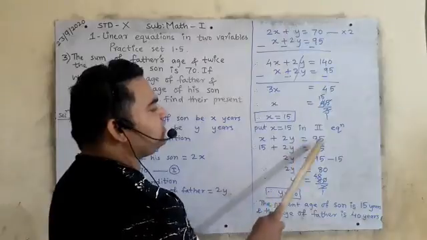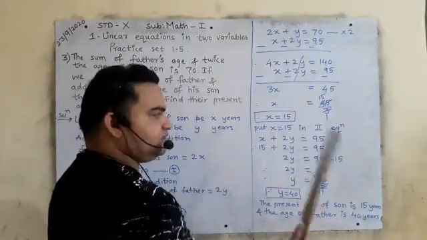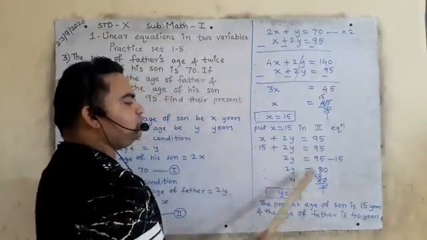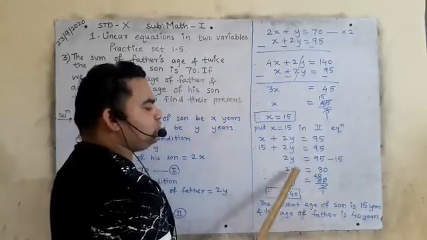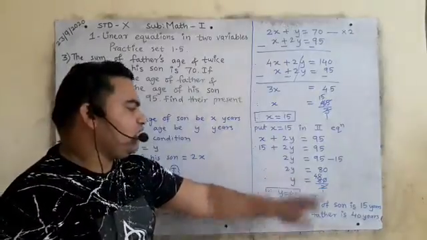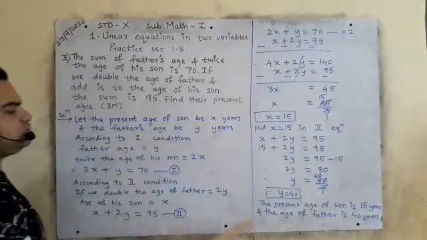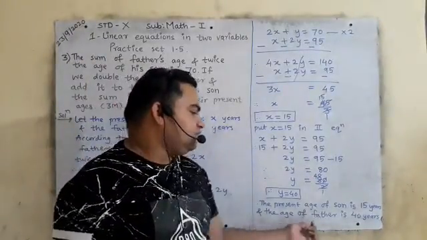x plus 2y is equal to 95, x value 15, the rest of the things as it is. 15 will go to the right hand side, it will become minus. So 2y is equal to 80, y is equal to 80 upon 2, this 2 will divide. 2 forties are 80, so y is equal to 40, which is the age of the father. So therefore the present age of the son is 15 years and the age of the father is 40 years.